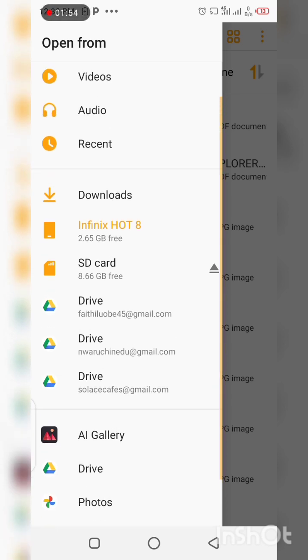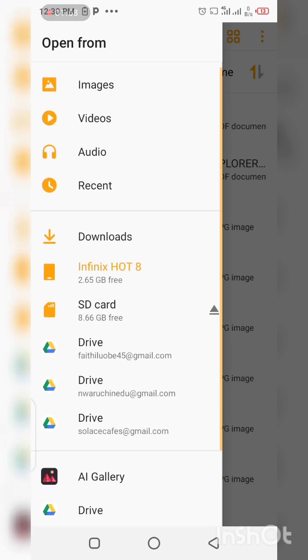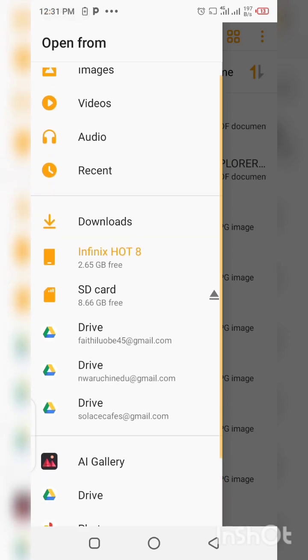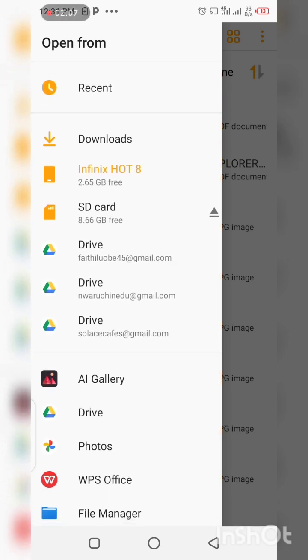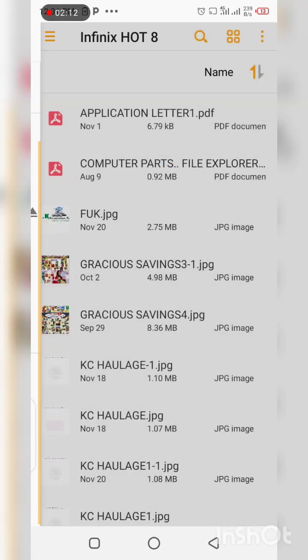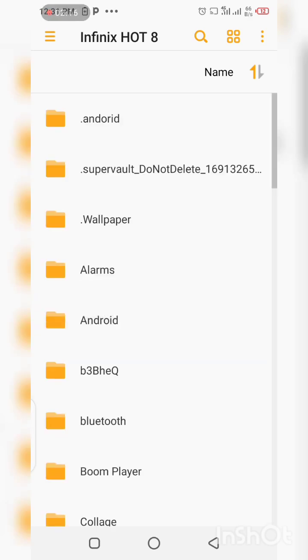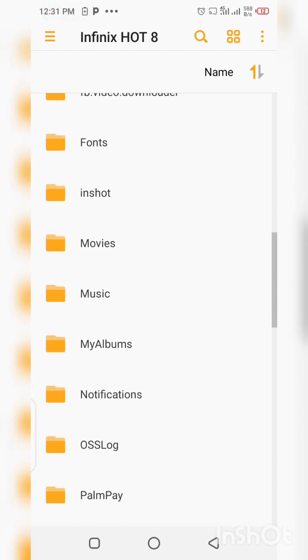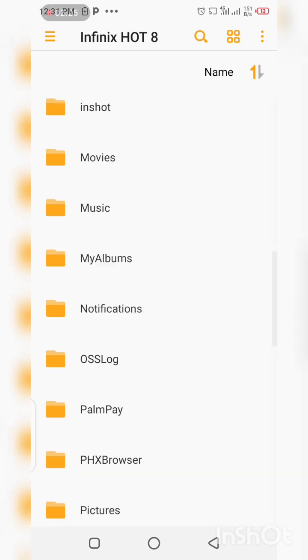Now I'm going to the internal memory, which is Infinix Hot 8 because of my phone. So it's Infinix Hot 8 that I'll click first. Now I click it and I wait for it to load. It has opened. In this place now, I have to check where what I want to get is,